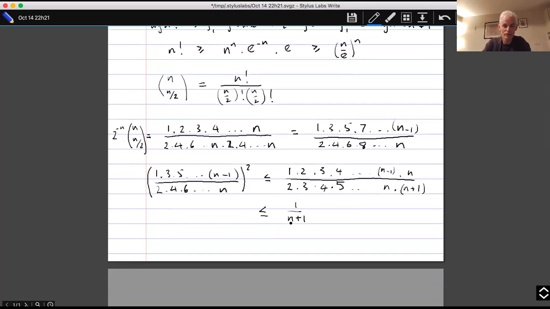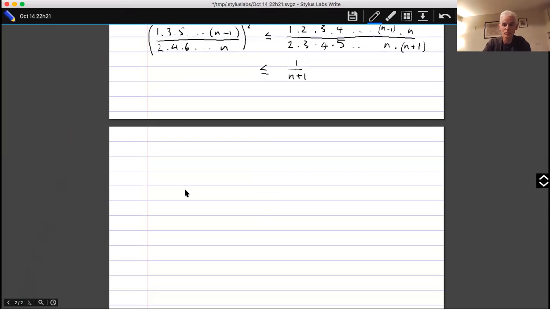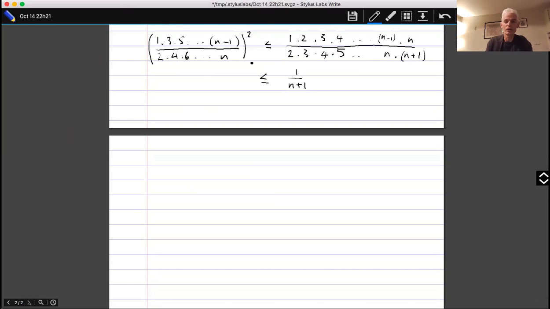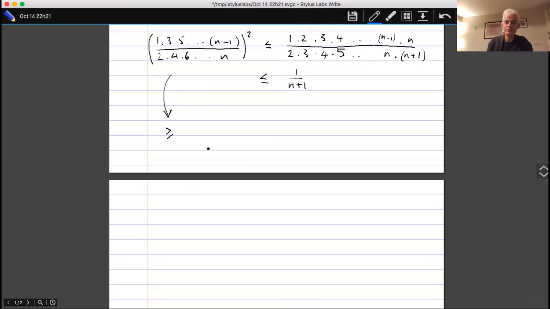Which is, in practice, of course, we would just say 1 over the square root of n is good enough. And I can use exactly the same trick. Let's just put this quantity is greater than or equal to. Oh, this lovely program gives me more paper if I'm running out. That's rather nice. So this is going to be slightly cleverer, but I'm going to say that this a half